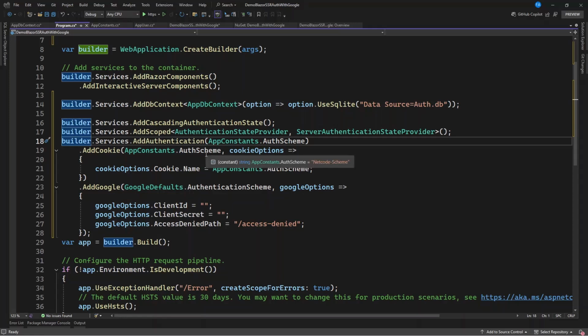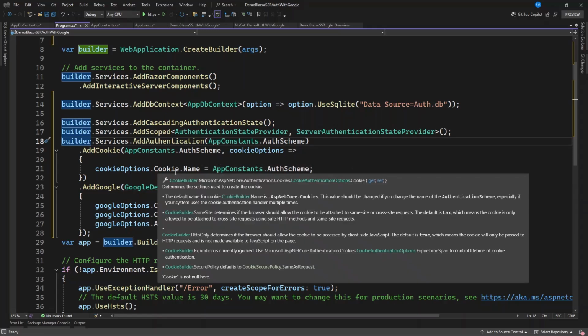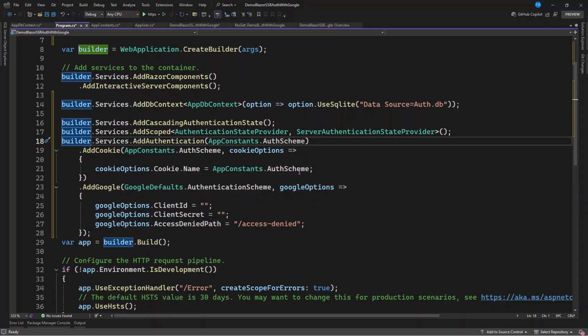We need a scheme, so we specify that. We need the cookie name, and we did that in the constant file. Aside from that, we're going to add Google, and here we're going to specify the default authentication scheme from Google. And in that, we need to specify some options, and the options contain the client ID, secret ID, and this access